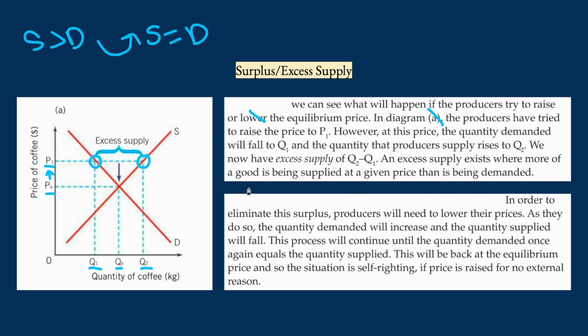So in order to eliminate the surplus, because we want to get rid of it, we want to go back to here, producers will need to lower their prices. As they do so, the quantity demanded will increase and the quantity supplied will fall, meaning that although we wanted to shift it up to P1 to make the most amount of money possible, it creates this huge problem of surplus. Hence, to go back to supply equaling demand, we have to reverse this